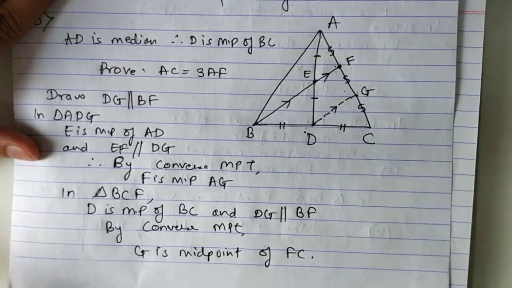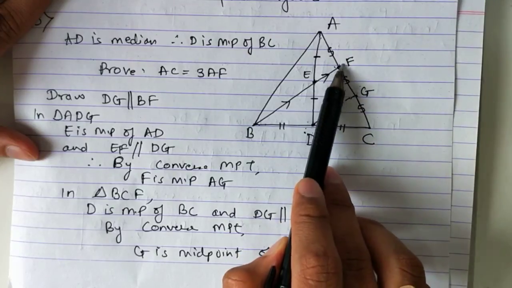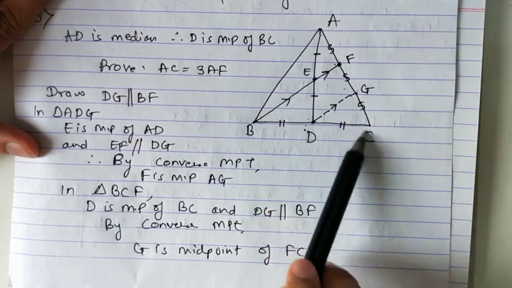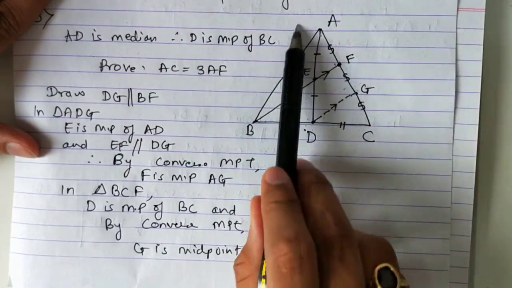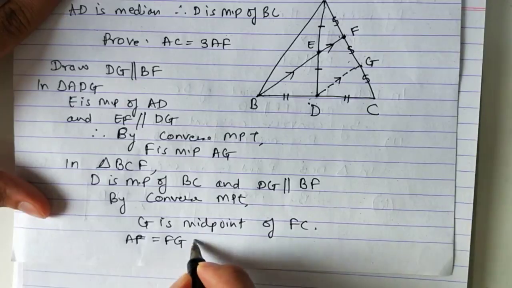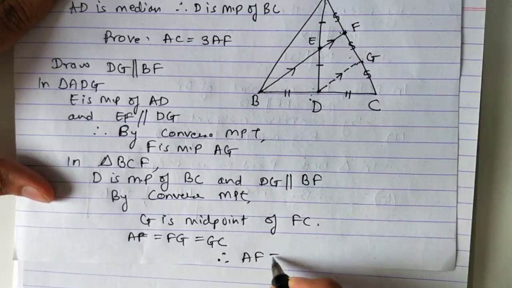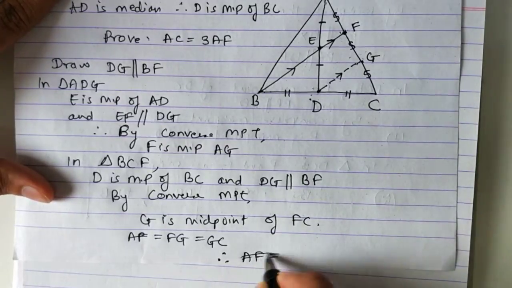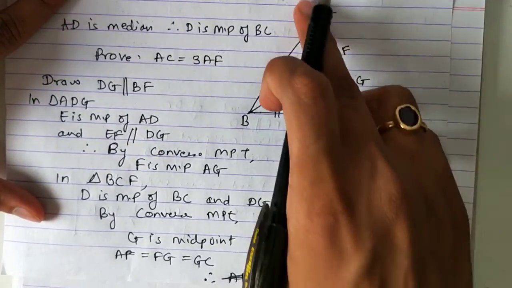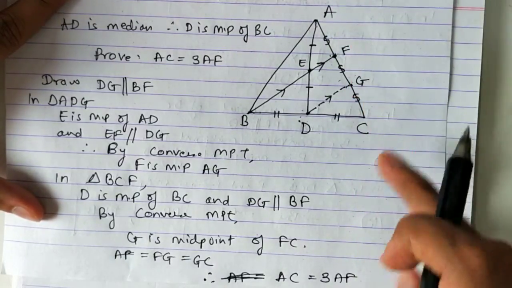Okay, if this AC is divided into 3 equal parts, I can easily say that ये AF जो है इसको ट्रिपल करूँगा तो AC मिलेगा, करेक्ट. अगर ये 3 है, ये भी 3 है, ये भी 3 है, तो AC 9 है. इट मीन्स AF को अगर 3 टाइम्स करूँगा तो AC मिलेगा. ओके, सो आई विल राइट हियर दैट AF is equals to FG is equals to GC. Therefore, AC is 3 times AF. ओके, जो AC है पूरा, ये AF को 3 से मल्टीप्लाई करेंगे मीन्स AF FG GC. AF को ट्रिपल करेंगे तो AC मिलेगा.